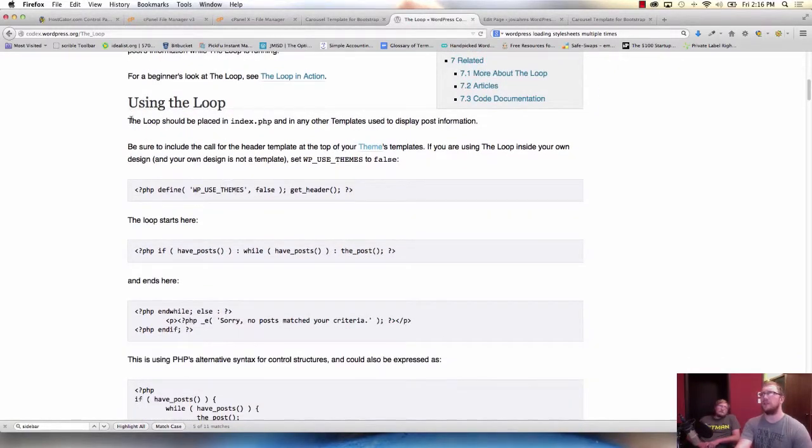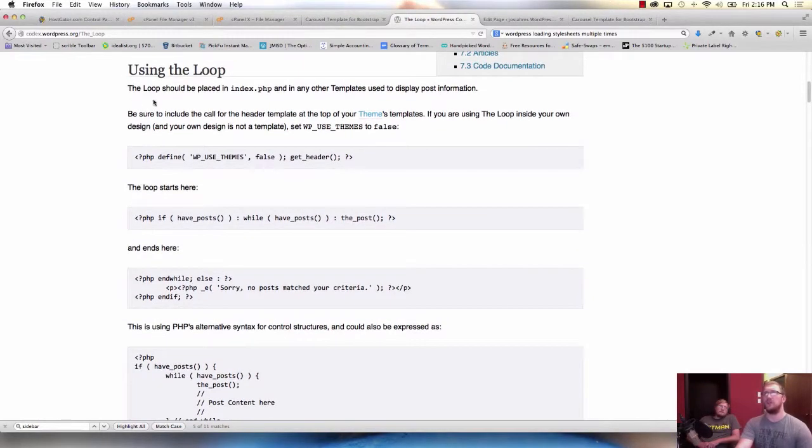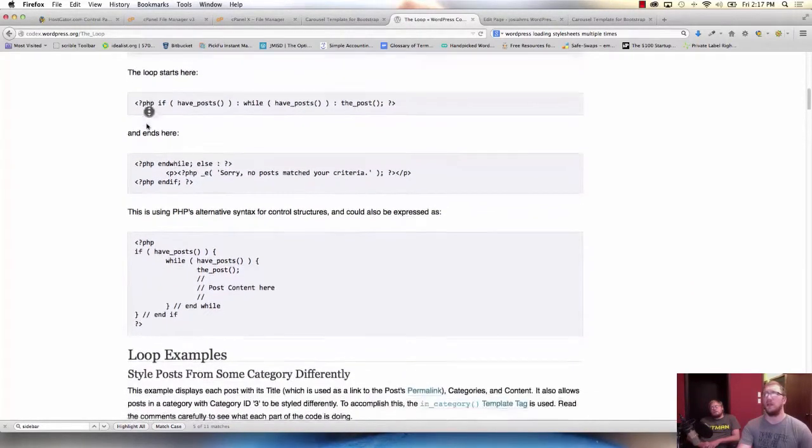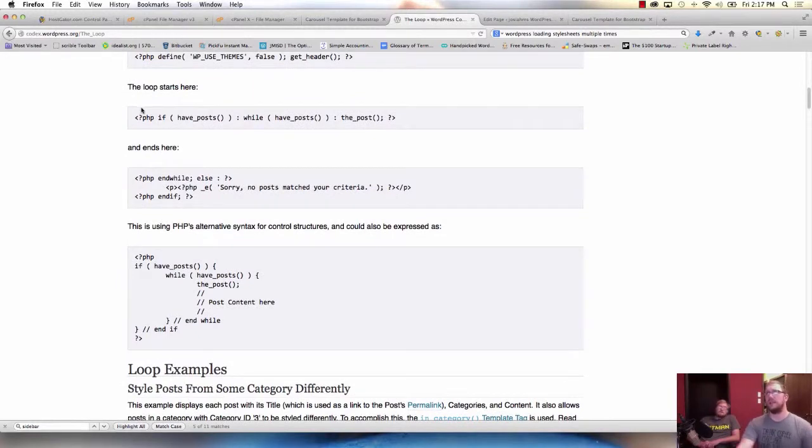So let's scroll down here. The loop should be placed in index PHP and any other template files used to display post information. That's exactly what we're going to do. Here are the examples of the loop and what it will look like. The loop starts here and ends here. So we're just going to copy this content. They have it all put together right here. It's written a little differently. This is using PHP's alternative syntax for control structures. But let's copy this